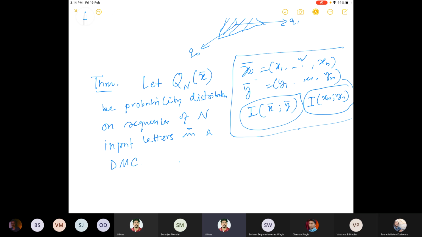Now let capital X bar to the power n and capital Y bar to the power n denote